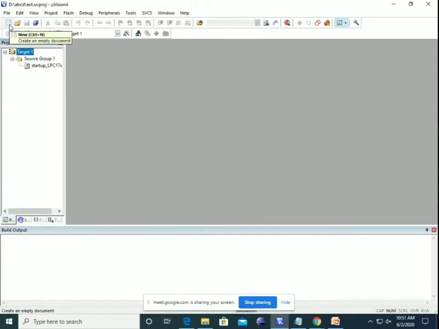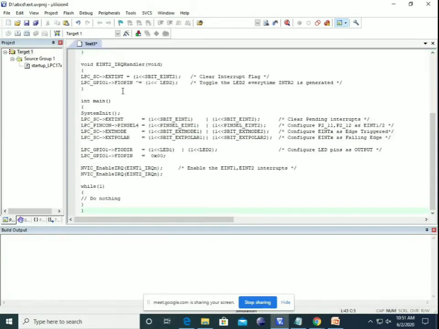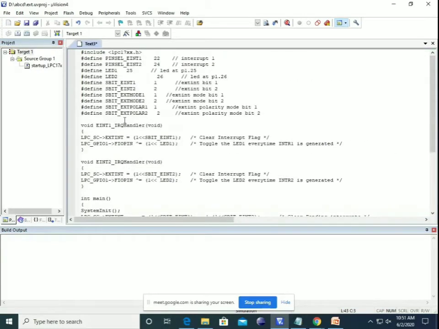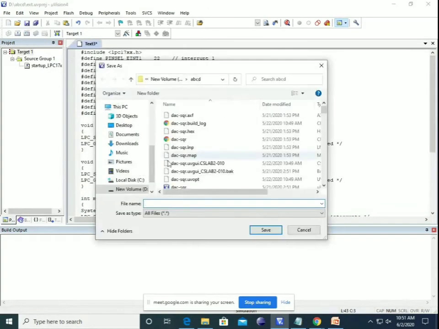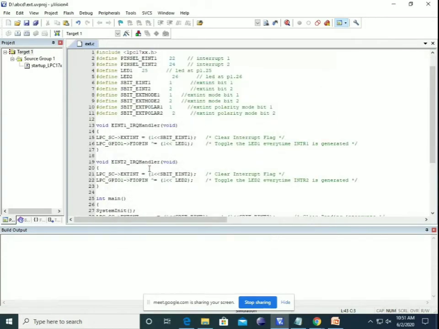Next we'll add a new file and write the program. When the program is written, we'll save the file as ext with the extension .c.